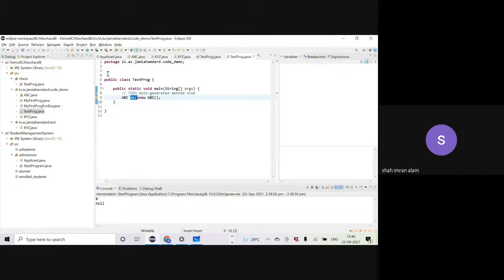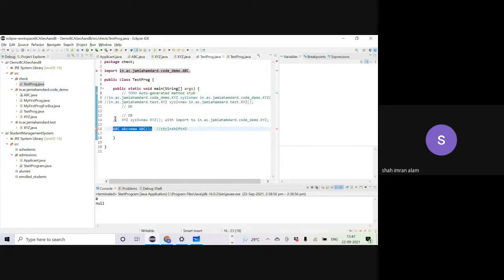But if I go for a particular class which is in a separate package, then I have both the problems. I don't have the visibility for the ABC class, so no question of import. Okay? In a different package, the default class will not have the visibility. So even putting an import will not work.